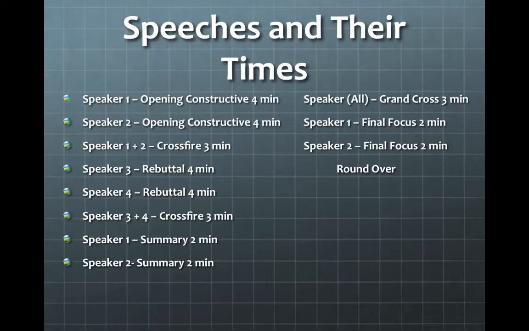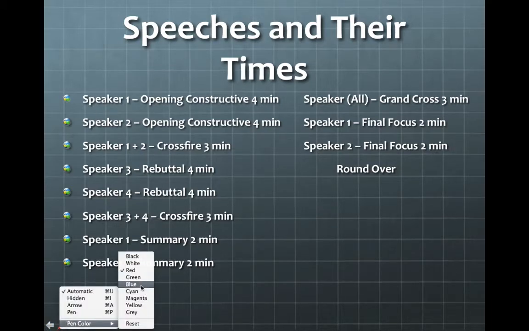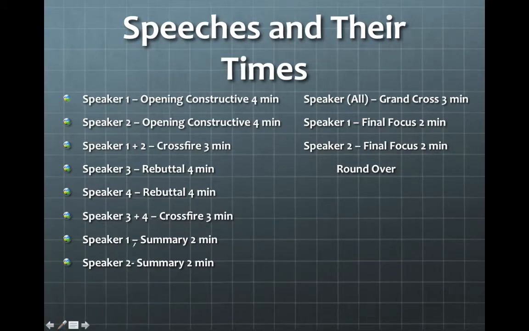Speeches and their times. One thing you want to get acquainted with is the different speeches and their times when you first begin public forum debate. If you do in fact win the coin toss and you choose to speak second, you will be speaking here. The first speaker of the team will be here. Then here again. Then once more here. And finally here. So in total, both speakers have two speeches, and they equal 4 and 2 minutes.